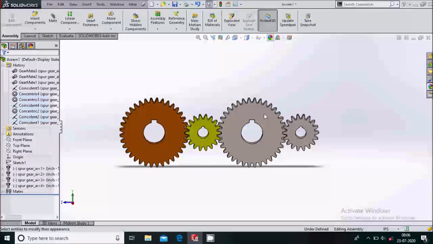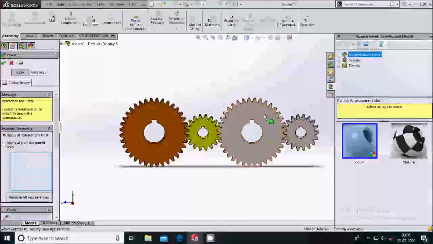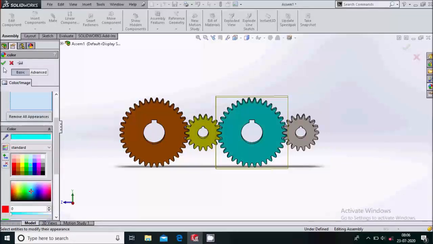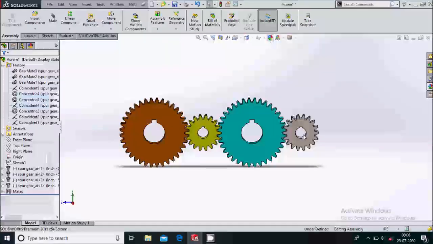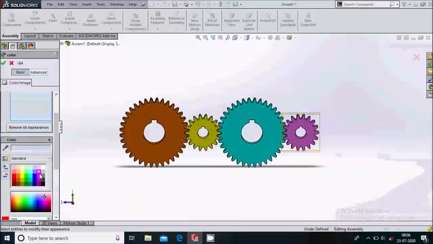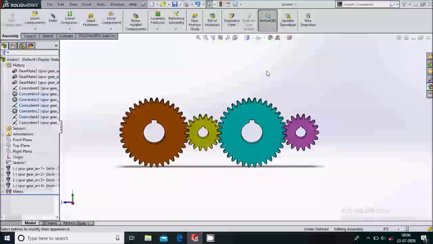OK. Again go to appearances, select the color for this gear. OK. Again go to appearances and we will select the color for this gear to be pink. OK.